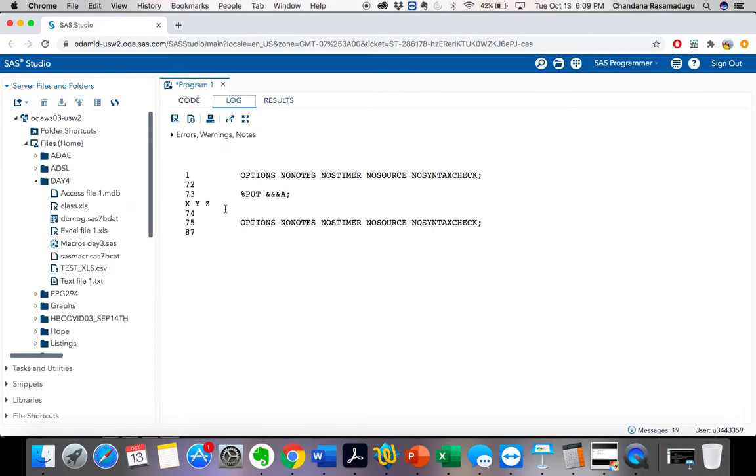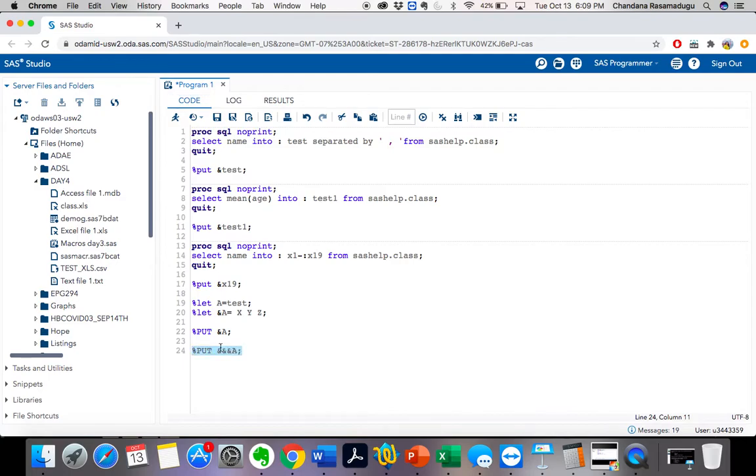X, Y, Z. Why? Because when I have given two ampersands, whenever there are multiple ampersands, it resolves two ampersands to one ampersand.